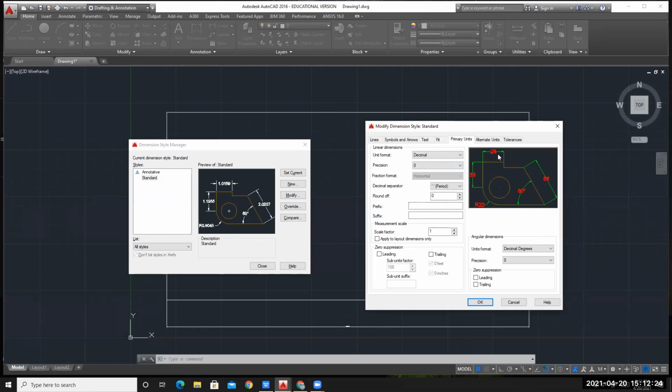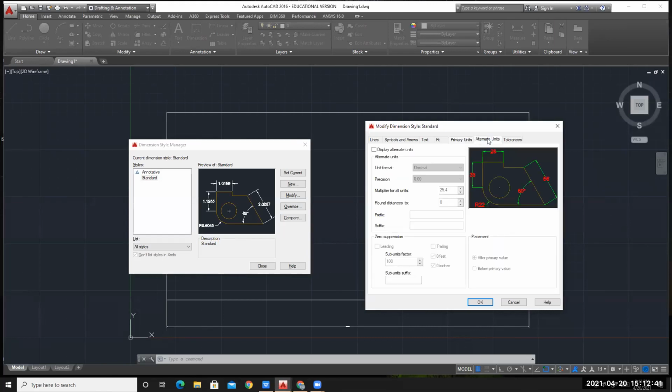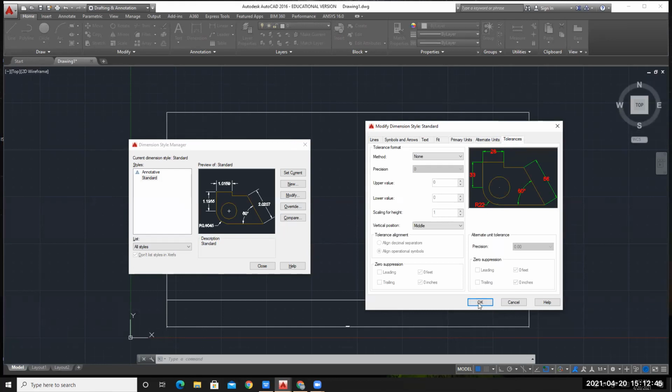If you have to give any dimension like 28.5, in that situation you can keep your precision to 0.0. Okay, so I am keeping the precision as 0. After this, for alternate units, no need to do any modification. Tolerances also as it is.